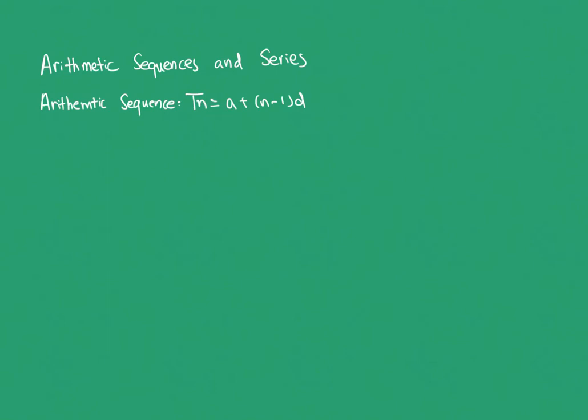So we let the first term of the sequence be a. The next term would be a plus d. The following would be a plus 2d, and so on. And let's make the last term be L. And if I write it the other way around, it would be L plus L minus d plus L minus 2d, and so on until a. And if we add these two together,